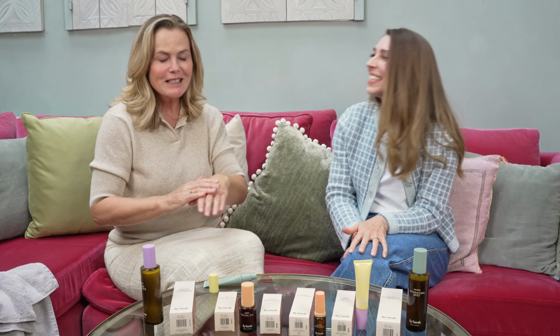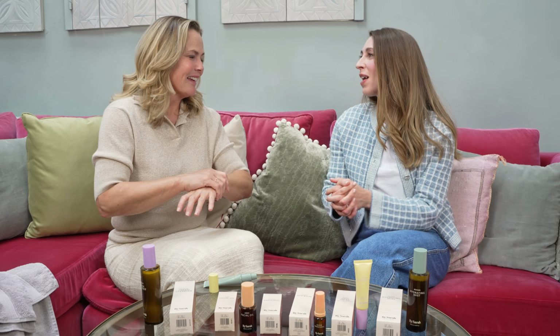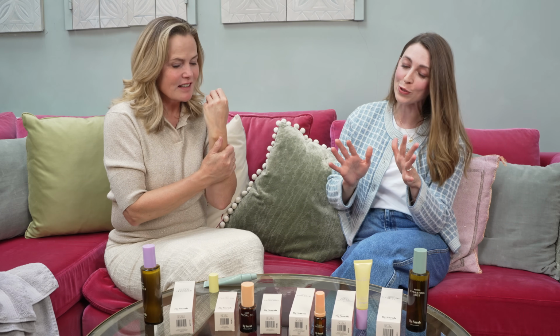Madecassoside. I've never heard of it. Tell me, where does that come from? It comes from a plant that's native to Asia, which is tiger grass. And it's just such a wonderful story because it gets its name from wild tigers that used to roll around in the plant to heal their wounds. Really? It's incredible. That is fantastic. It really is. And the science is there too. So it is scientifically proven to reduce redness, itchiness, which is why we had to include it in our Tender